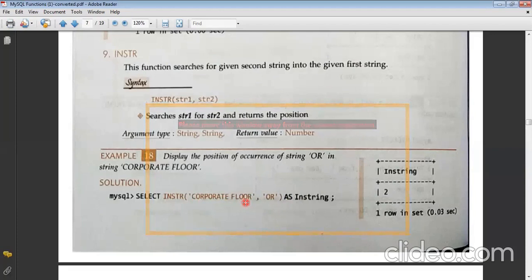So these 2 more parameters are actually passed in this, which is not mentioned in your book, but you can make a note of it that there are 2 more parameters, comma M, comma N. Again repeating, M specifies the location from where you want to start the search and N specifies the number of the occurrence which you actually want. If you want the second occurrence place, you can write 2 there. Otherwise, if you do not mention anything, by default it will start from 1, and by default it will give you the location of the very first substring which it finds in the given string. So this is what INSTR actually is.